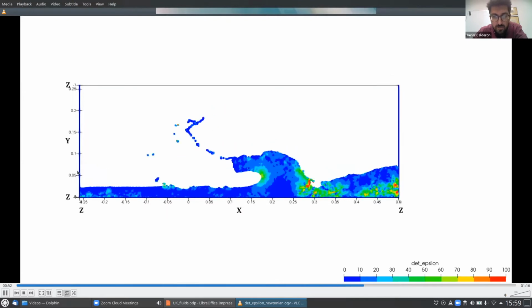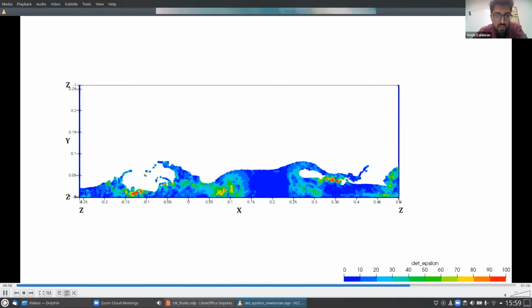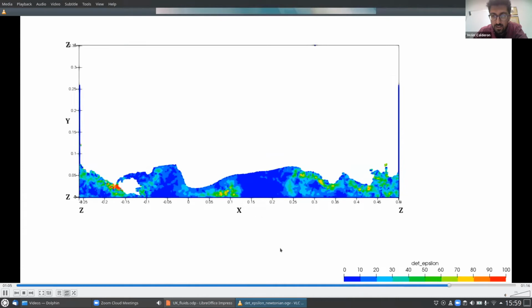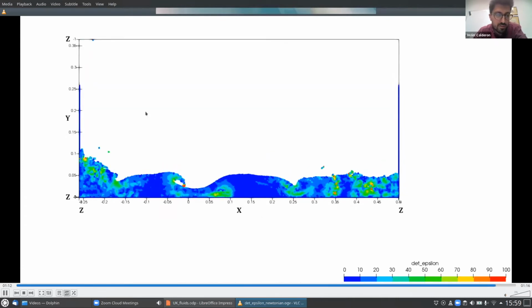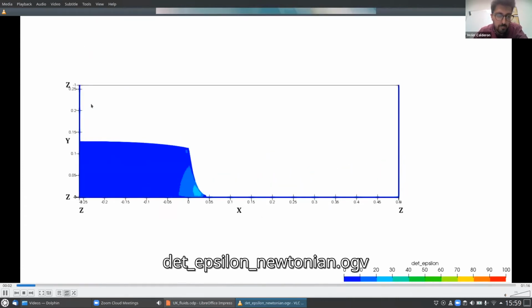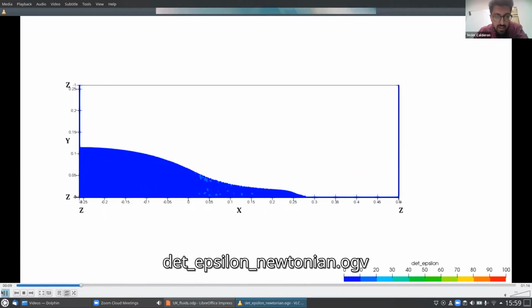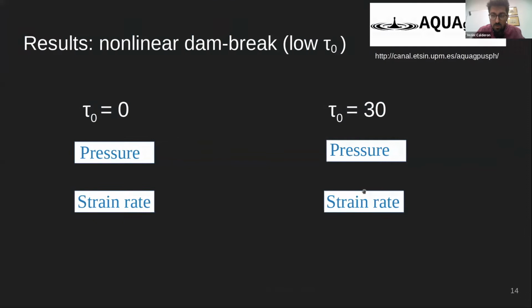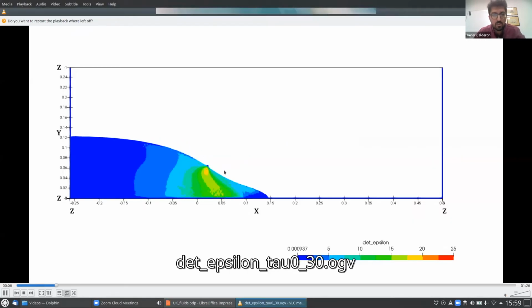We are using water viscosity, and here you can see the modulus of the strain rate value. And as soon as you include some yield stress,